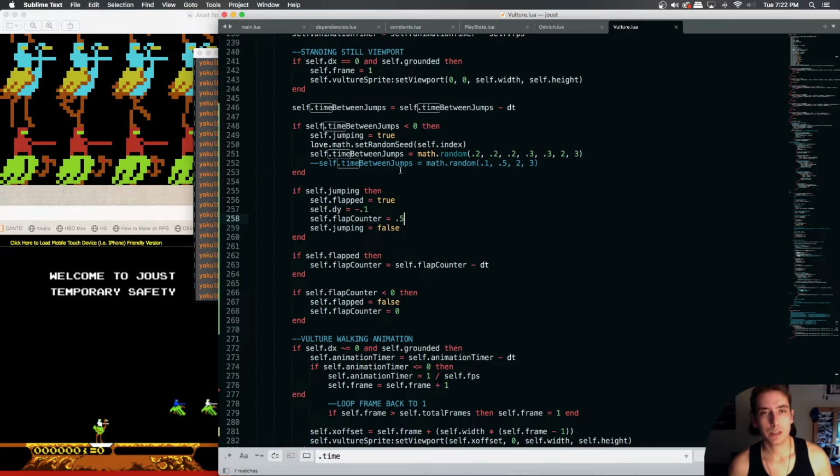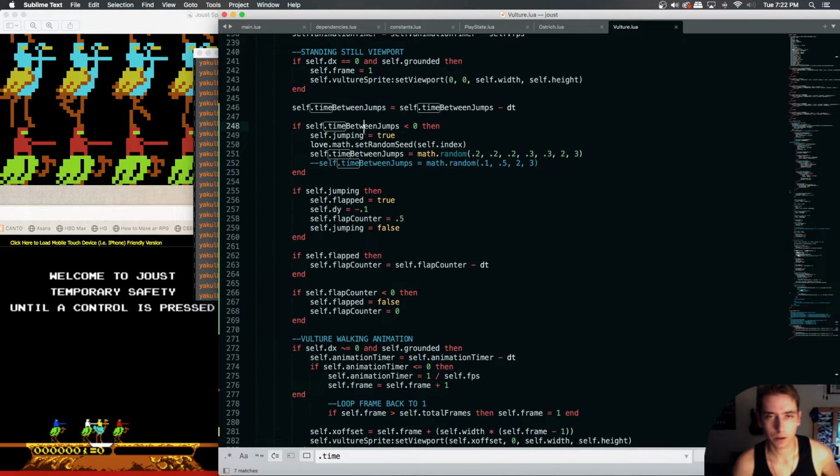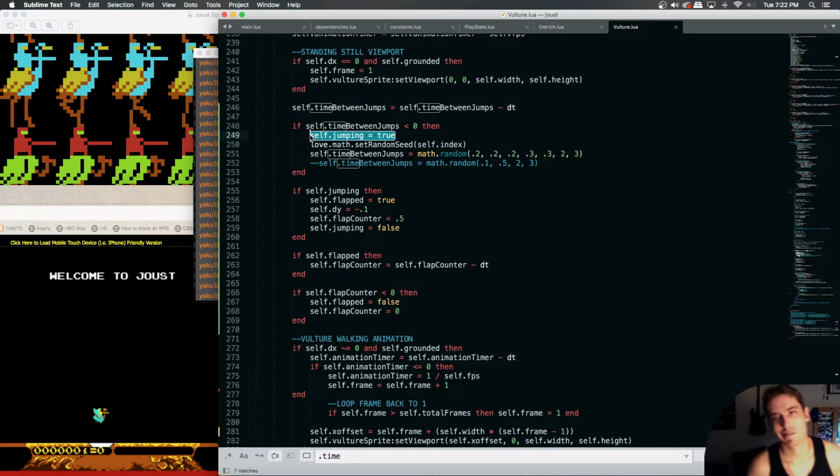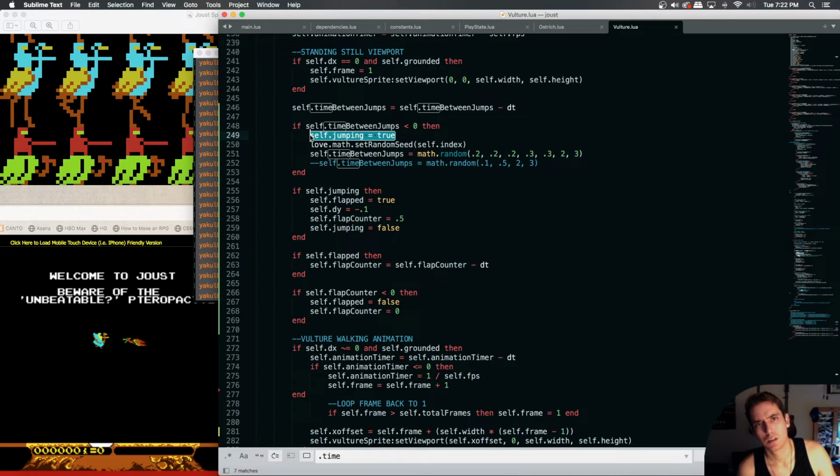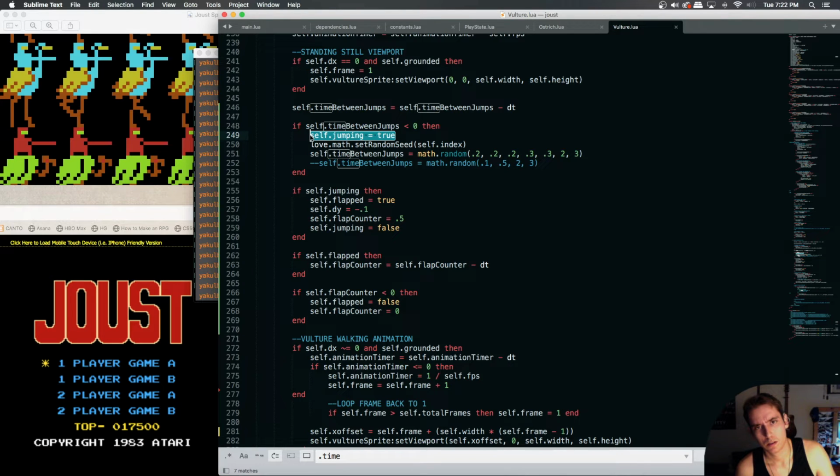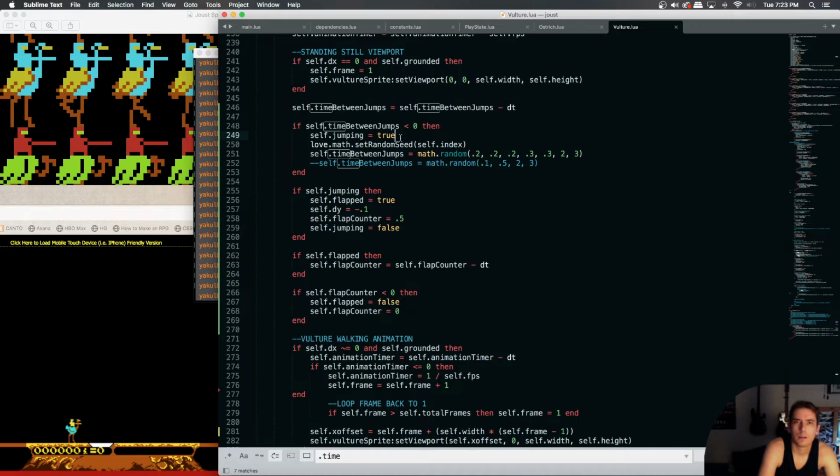The problem is this jumping is hard-coded. Because with this, if we set our jumping to true when the time between jumps is greater than 0,